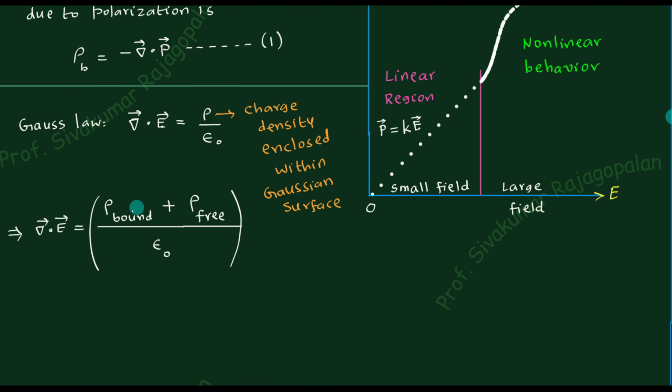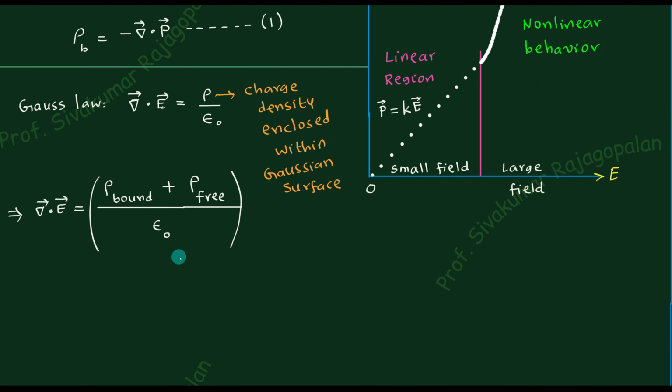And therefore the bound charges, the charge density and surface charge density that we talked about in lecture number 11, they are real. I mean, they are there actually. It is not an imaginary situation, and you should not think that it is a mathematical concept. The rho bound, rho free, whatever we are talking about, they are actually present inside the material. As you can see from here, polarization is experimentally measurable, means you can always calculate divergence of P and you get a number. So that charge density is there in the material, in real life. It is a realistic thing. So this is the point to be noted, and therefore let us rewrite this expression.